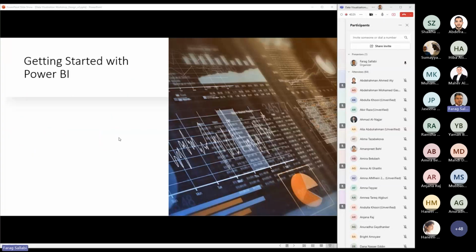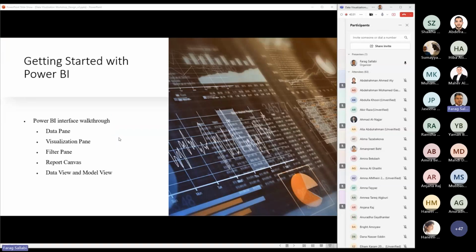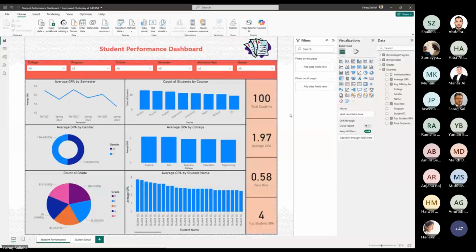Okay, so now we need to get started with Power BI. Kind of walking through the interface, we have different panes. I will show it to you. So this is the Power BI desktop. This is the area that we need to work on. From the